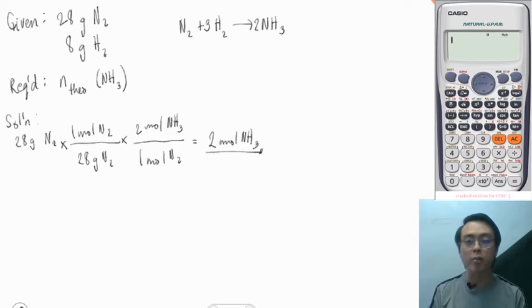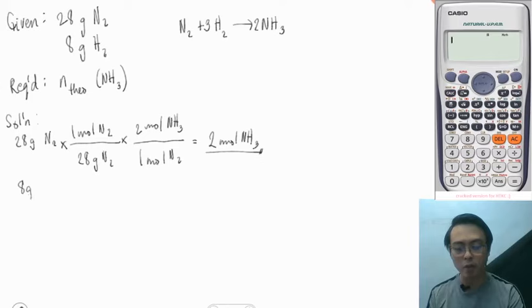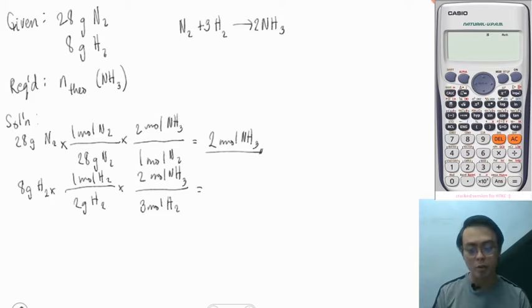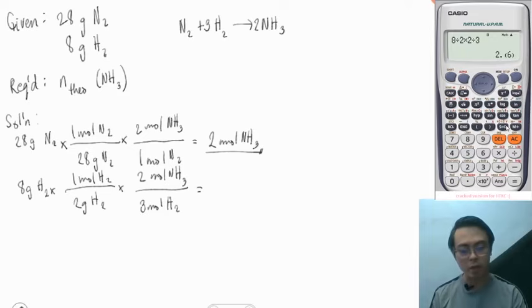Next, we do the same process for hydrogen. So we start with 8 grams of hydrogen. The molecular weight of hydrogen is 2 grams per mole. And then the coefficients from the balance equation, we have 3 moles of hydrogen per 2 moles of ammonia. Solving. This is 8 divided by 2 times 2 divided by 3. We have 2.67